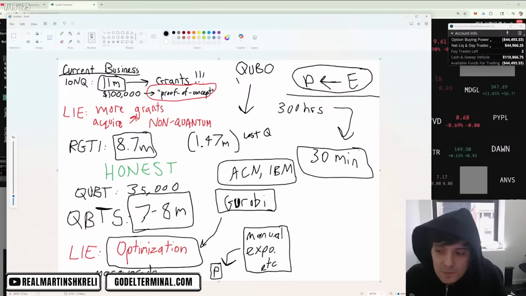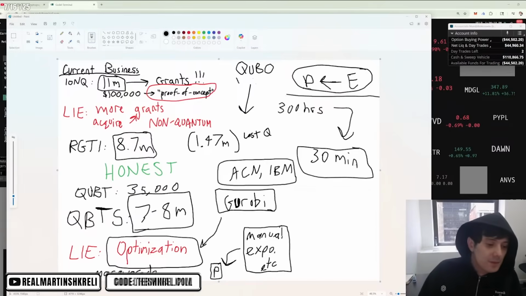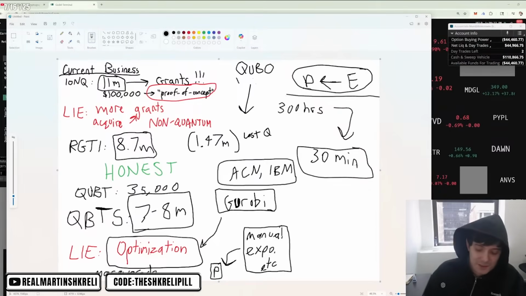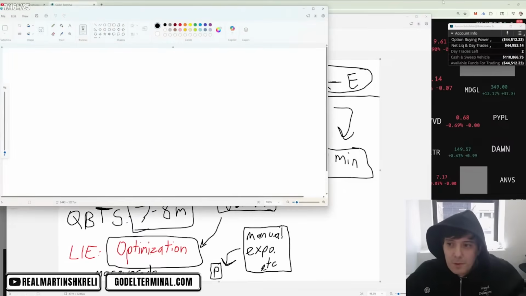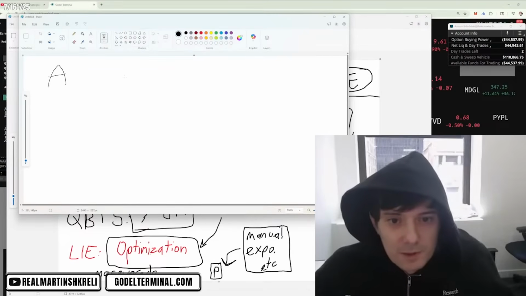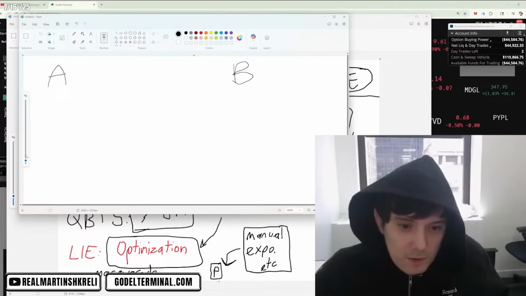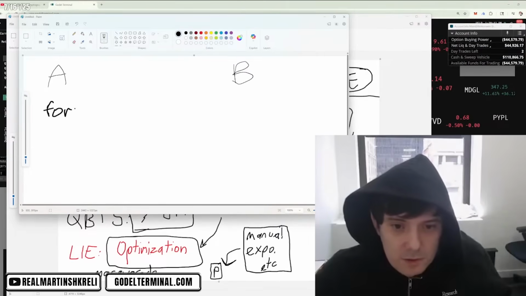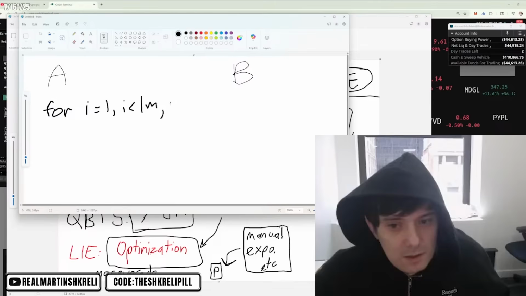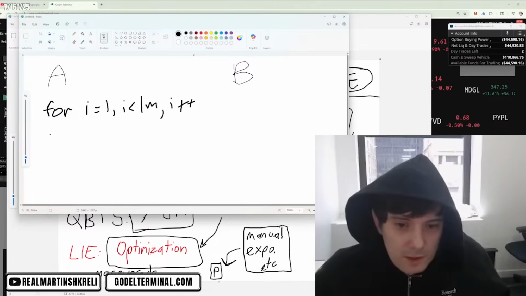For example, if anybody knows programming, simplest thing in the world, maybe one of you can answer this pop quiz. Let me just show you one very simple program. I'll do it in sort of pseudocode. Program A and program B, tell me the difference between these programs. I have a for statement here: for I equals 1, I less than 1 million, I plus plus, and then we have,